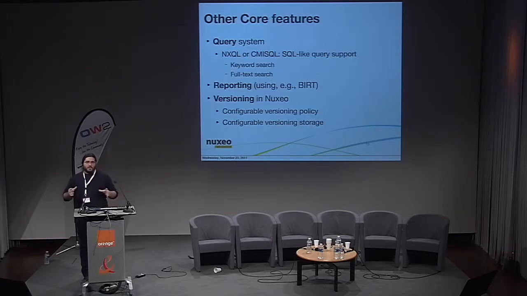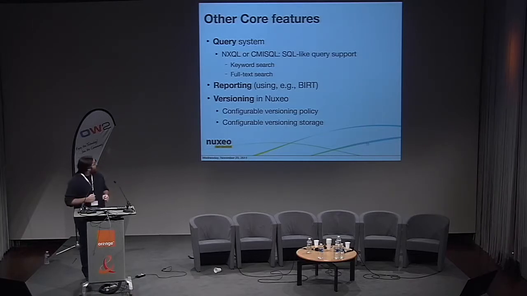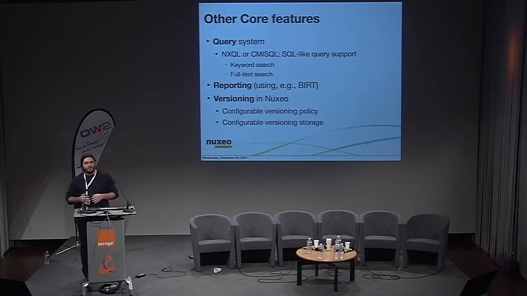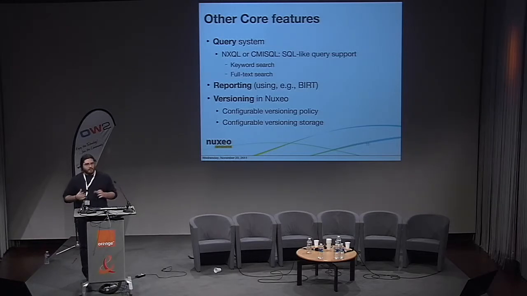So once you've stored all those documents into Nuxeo, what you provide, of course, is a way to get them, to search them. So we have two different query systems. The original one was Nuxeo QL, and then we have the CMISQL. So it lets you search for keywords or also do full text search depending on what databases you use with Nuxeo. You can also use reporting with BIRT because everything in Nuxeo is stored in a SQL database. So it's not, well, we used to use JCR, which is like a black box, but in Nuxeo we use VCS, something that we've developed that is way more transparent than JCR was,